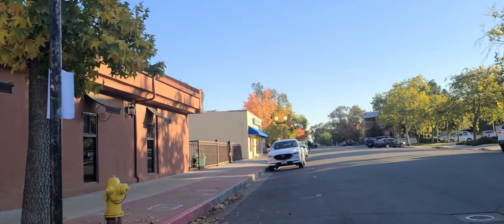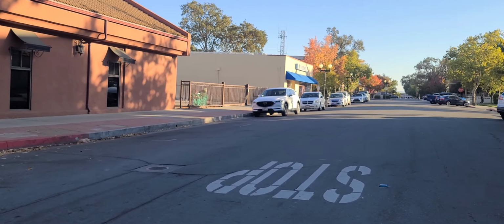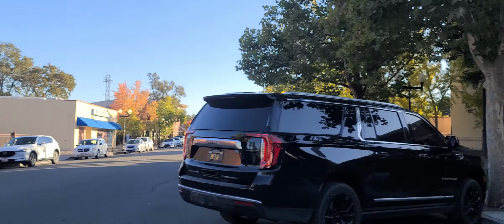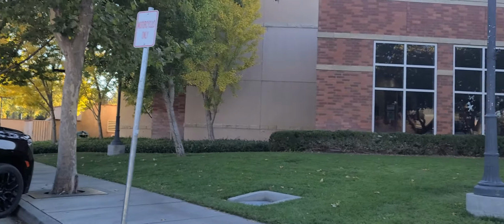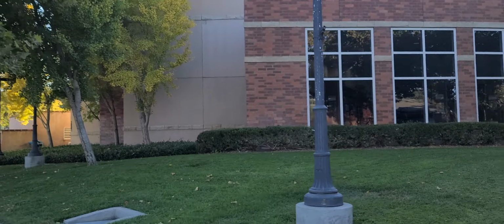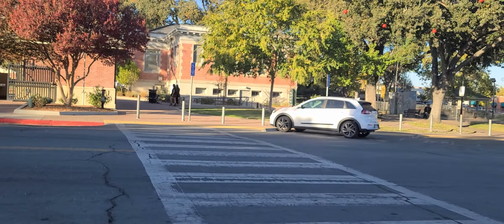So maybe we'll see on this side. They call it the public safety. So it's actually the fire department there too. So they redid all those buildings. They did a great job. This would be our city hall and library in this building. And then if we come over here,